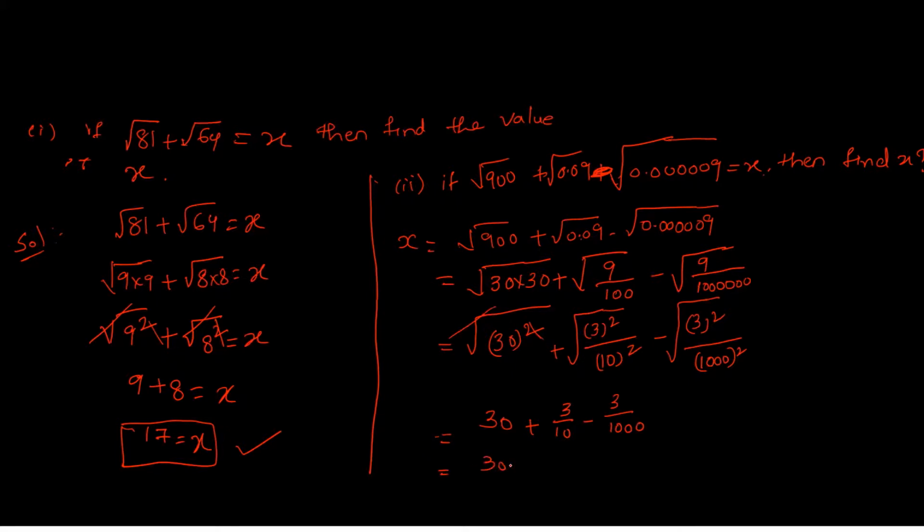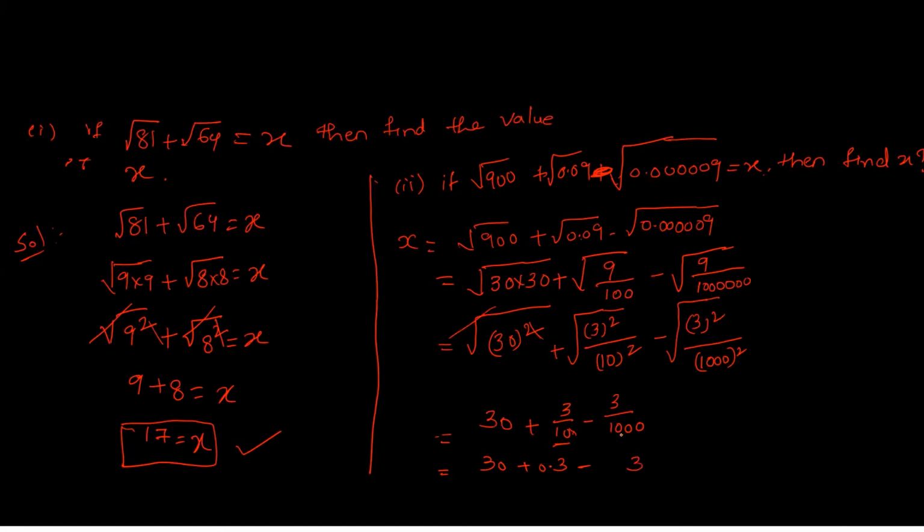Now we have to convert these fractions into decimal numbers. How to convert this into a decimal number? Write the numerator as is. In the denominator we have 10. How many zeros here? We have only 1 zero, right? So count one digit from right to left and put a point. 3 by 10 we can write as 0.3, minus, and this also we convert to a decimal number.